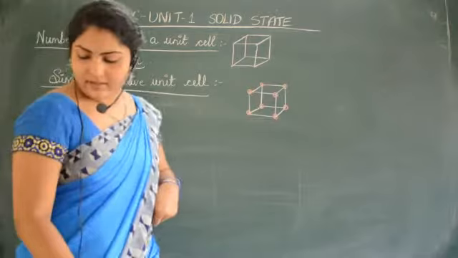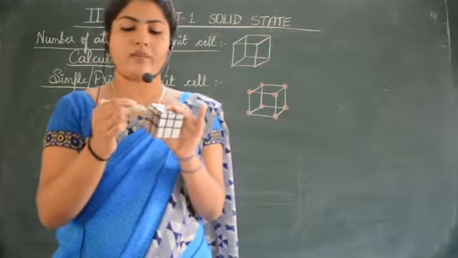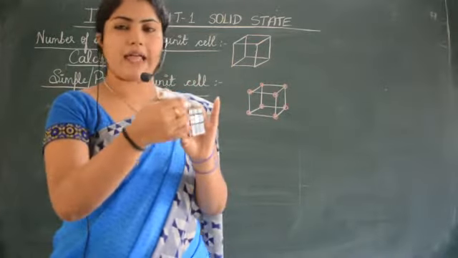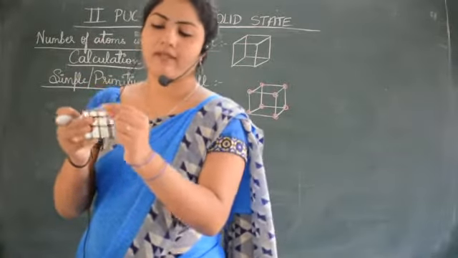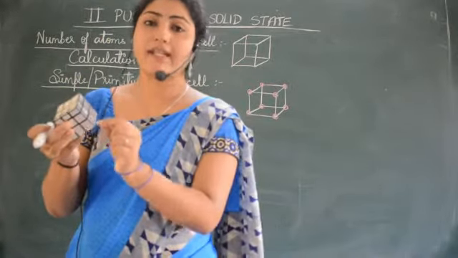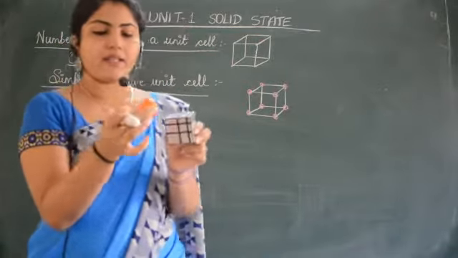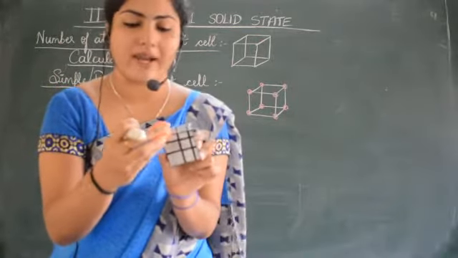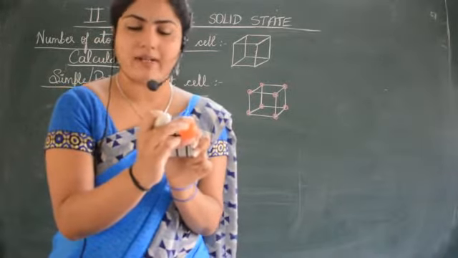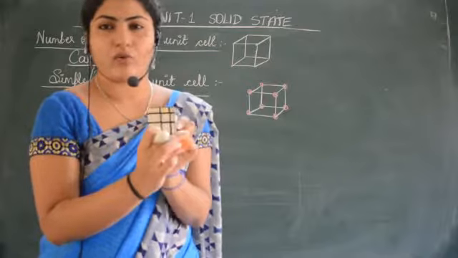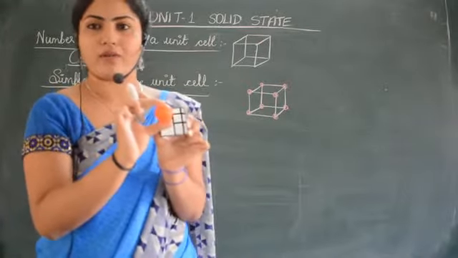That means, say if this is a cube, here one atom, here one atom, 3, 4, 5, 6, 7 and 8. See, if suppose this indicates atoms, that means at this corner one atom, here at the corner one more atom, 3, 4, 5, 6, 7, 8. So these kind of atoms are present, you imagine.